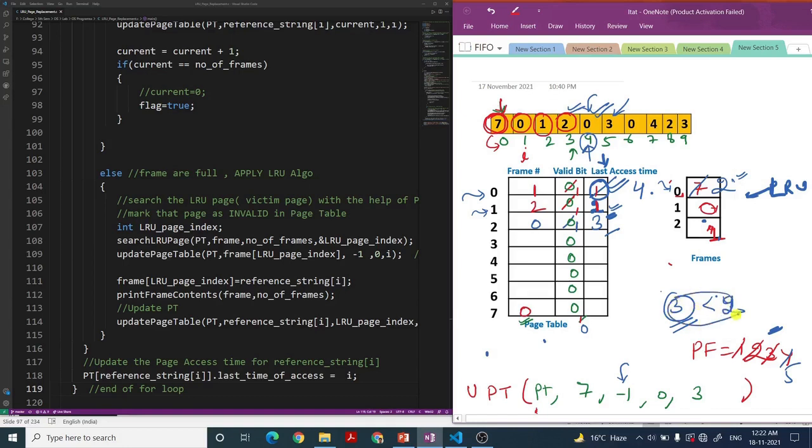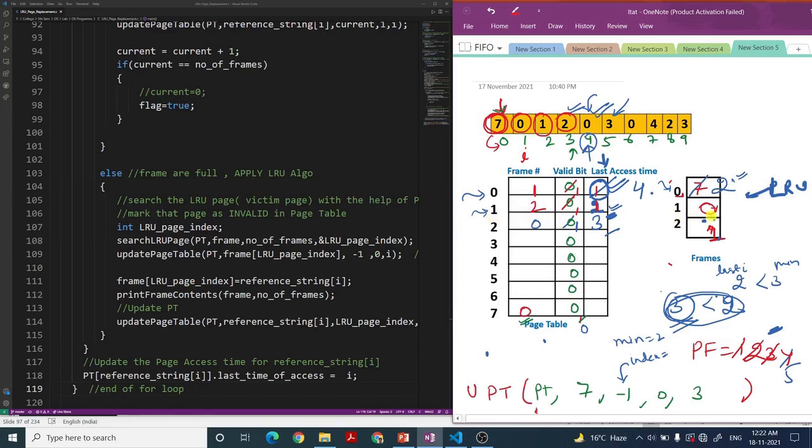If you see in the code, this 2 is less than your previous minimum. This is the last access time of the ith page. So 2 is less than 3, my minimum will become 2, and the LRU index will be for this 1.